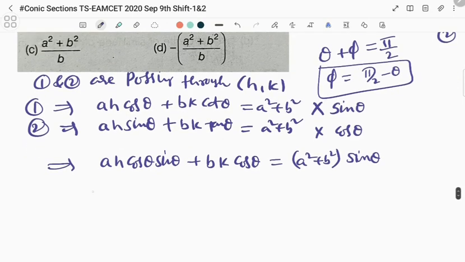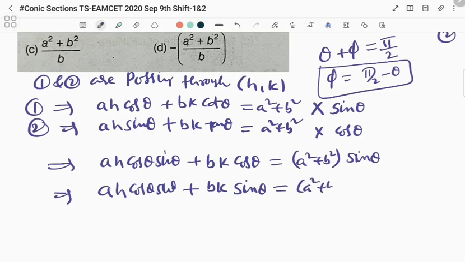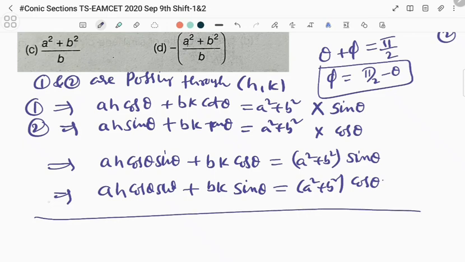Next multiplying this with ah cos theta sin theta plus bk sin theta is equal to a square plus b square into cos theta. So if you subtract one equation from other, minus minus minus, this two will be cancelled. So from this